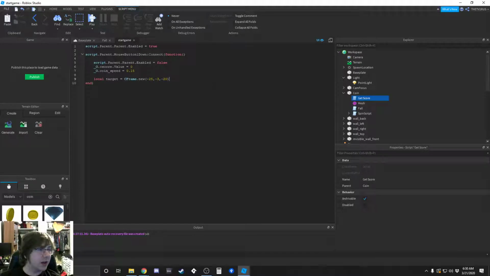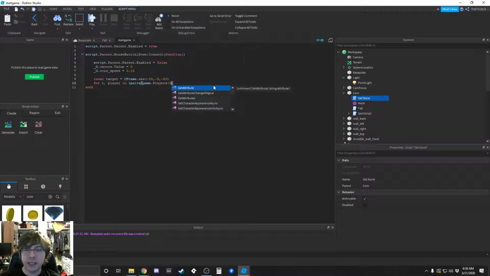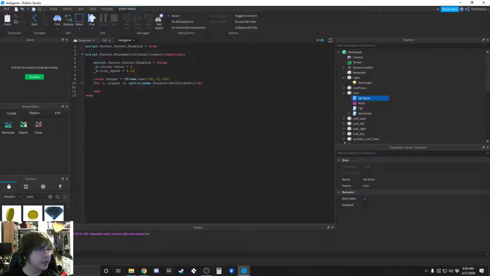So now, let's do this for every single player. So we're going to do for i, comma, player in ipairs, game.Players colon, oops, capital P there. Let's make sure we're not doing any spelling errors. Colon GetChildren, and then we're going to do this for loop. And for every single player in the game, we're going to do if